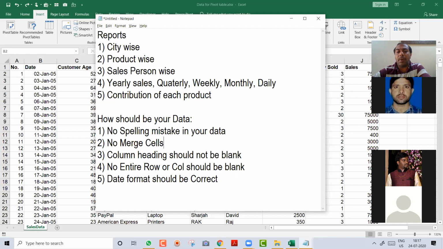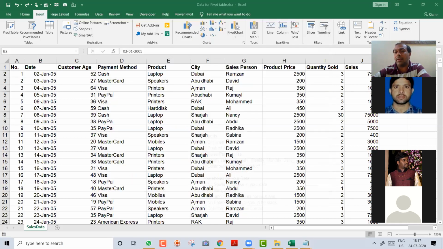Okay. So I'm opening a chat window and I need an answer from all of you, and then only I will move ahead. So I want you to reply, friends, what are the things that you should take care of before creating a pivot table? I want a reply in the chat box. Start, friends, quick. Let me see how much you have remembered.